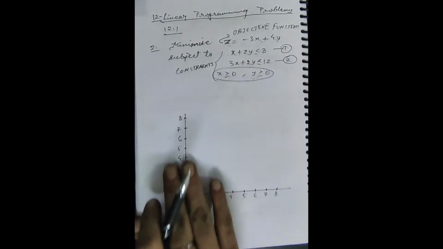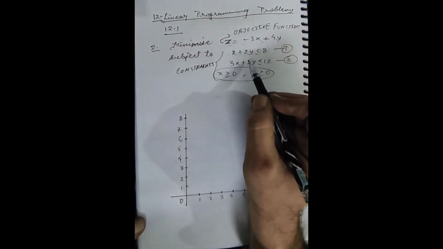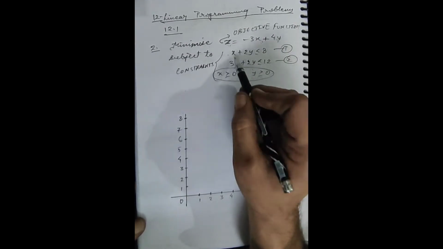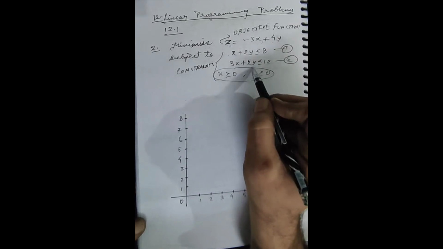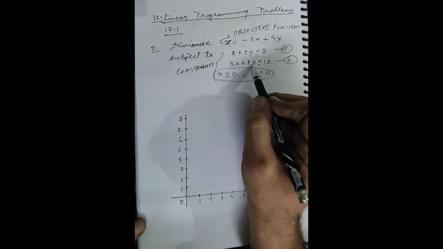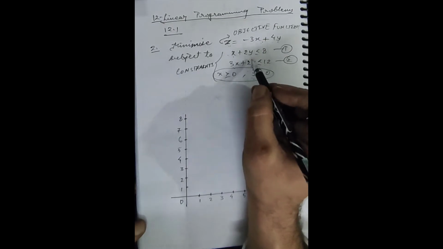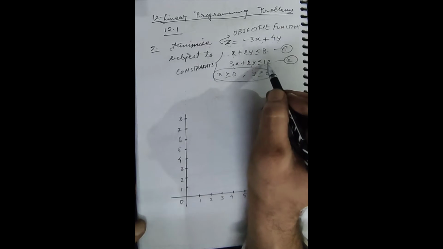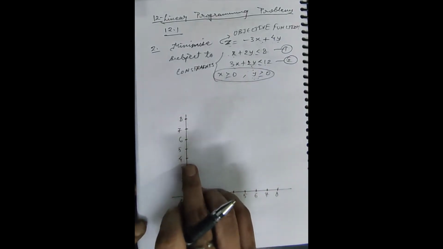This is a suggestion, advice from my side. When you start plotting the inequation, you must see the maximum and minimum values of x and y possible, making them 0. In both of the inequations, if I make y equal to 0, x comes 8 in the first, and in the second x equal to 4, so the maximum of x is 8. Similarly, we can find y, making x 0 in the first and second. We find y is 4 from the first and 6 from the second, so the maximum we require is 6. What is the purpose of doing so?